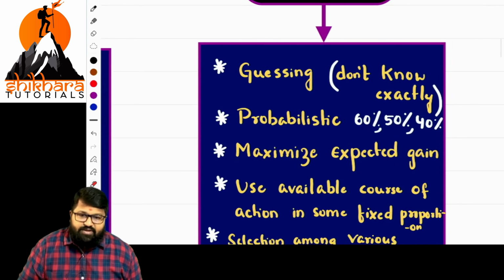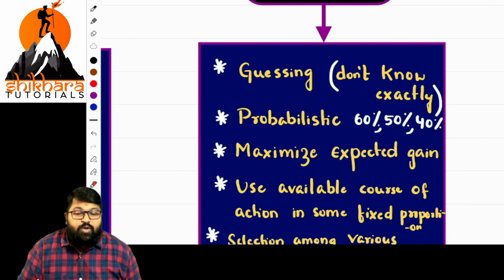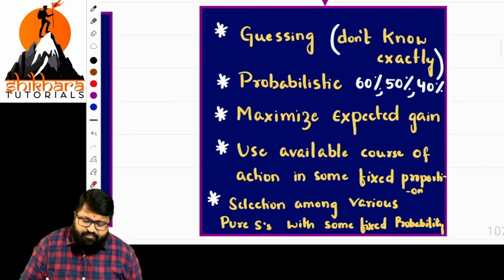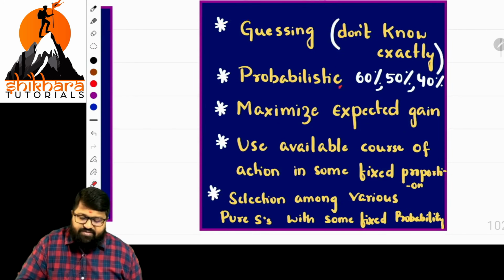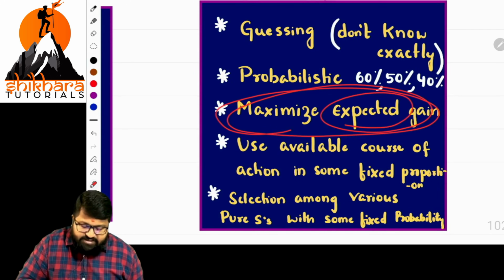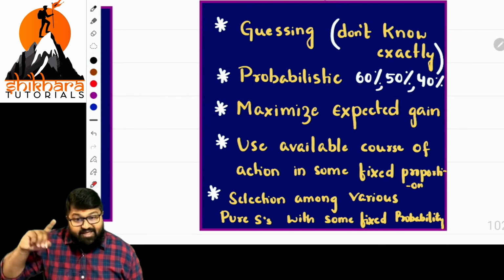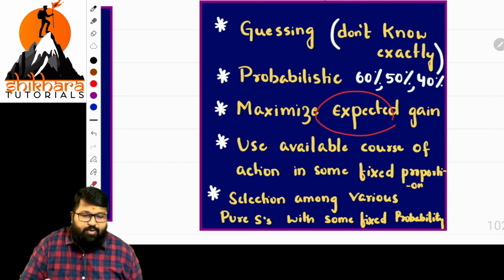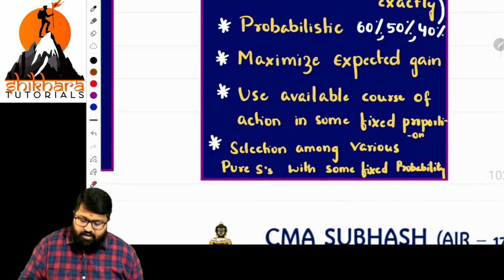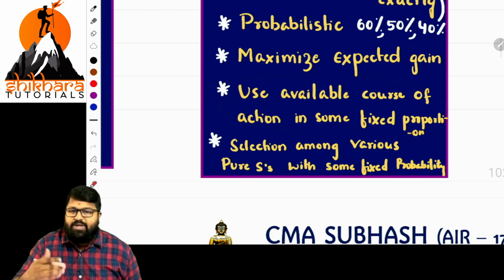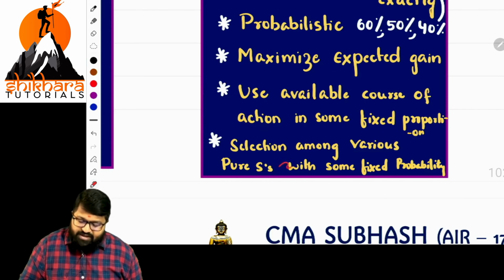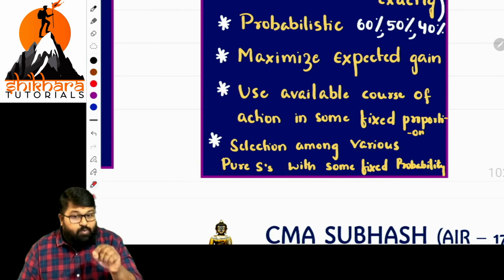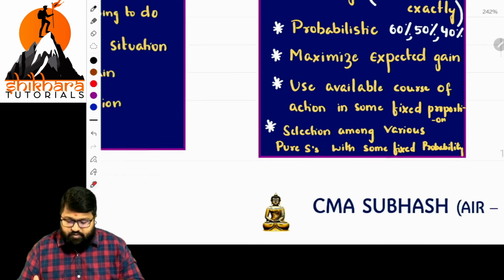Mixed strategy. Sir, here we do not know exactly what the competitor is going to do. Then what are we using? We use probability. So we are making just guesswork and it is probabilistic. And here what is the point? Maximize the expected gain. What is this, sir? There we know the exact gain. Here we are using probability, so we get the expected gain. Okay. And what are the available courses of action? We apply probability and we calculate. It is also a selection of pure strategy, but not one exact pure strategy. We are applying more than one strategy. Okay. If it is clear.